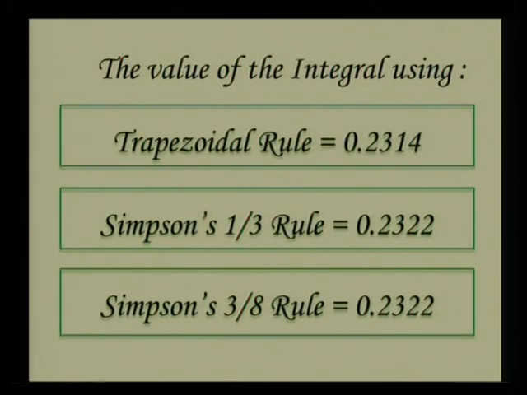Now have a look at the slide. One more thing that you would have noticed, the values of Simpson's 1 by 3 and Simpson's 3 by 8 seem to be approximately the same. The reason is we get a better approximation to the area that is covered under the curve. When we consider the trapezoidal rule, we consider 2 points, and these 2 points are approximated by a straight line. And hence, there is a large amount of error in the area that is approximated.